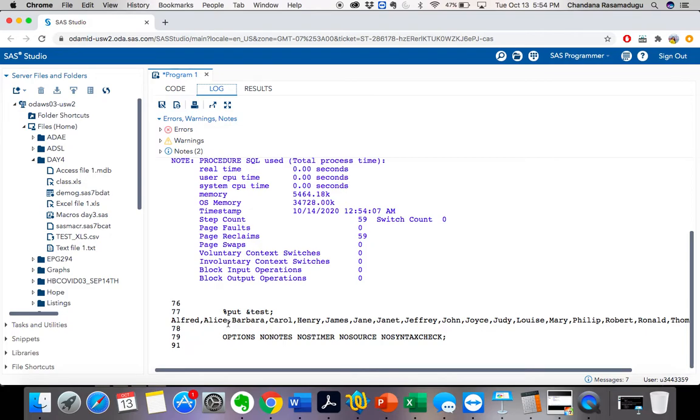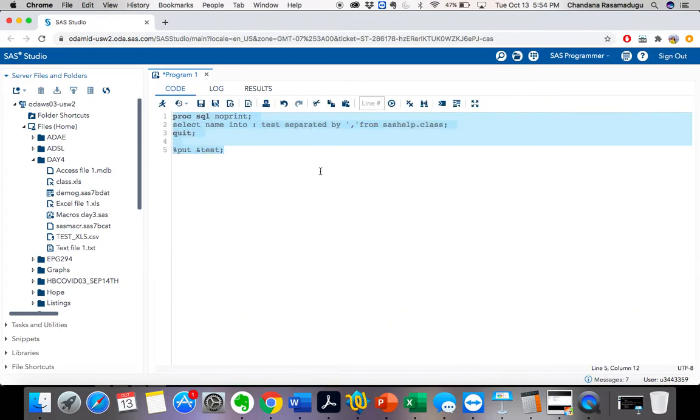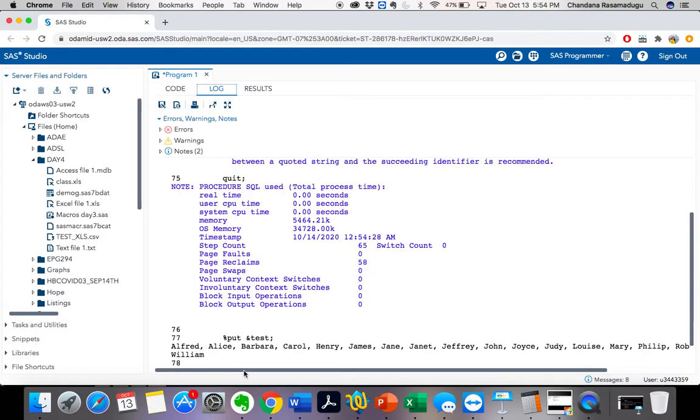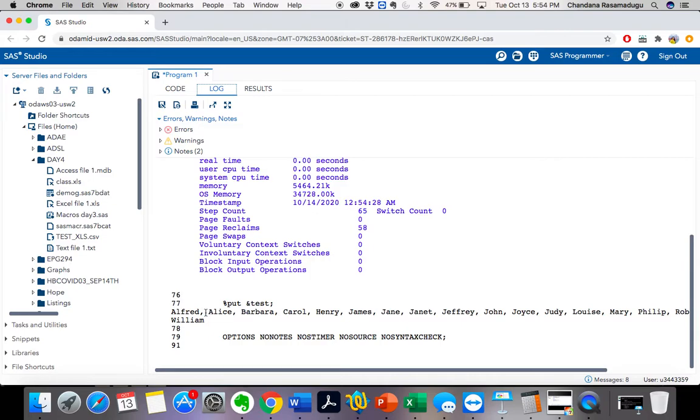See, here now all the values are separated by comma. If you want to give a space after each value, you can specify that here. Now I want to give a space after the comma in between each value. Let's execute this. See, now I got a space after each comma.